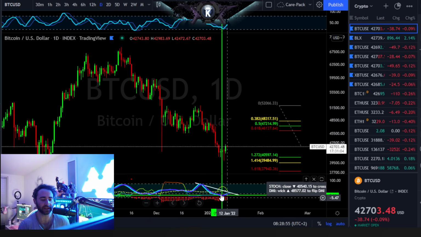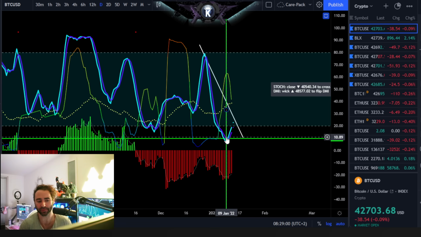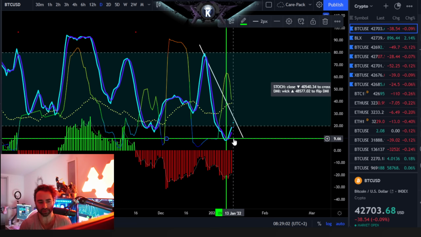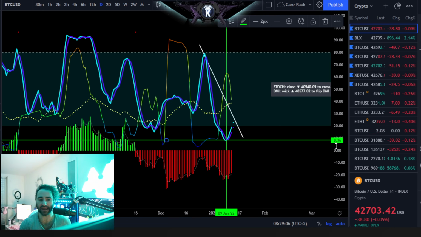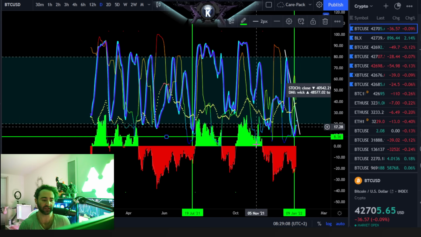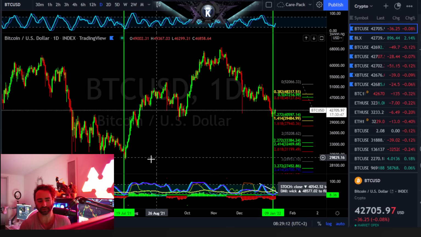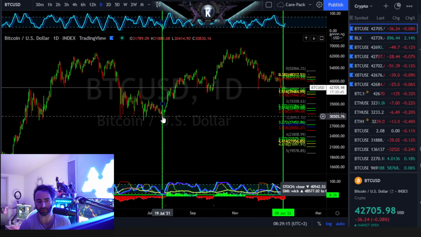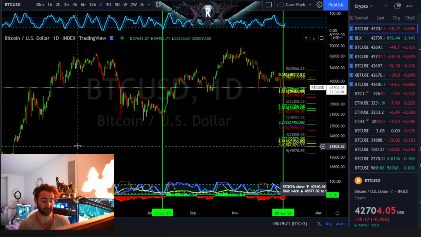And if we do go through the analysis of the daily stochastic momentum as well, I'll just briefly call this out. Anytime that we have gotten all the way down to this green horizontal line right here, which I'm going to adjust exactly to the current low at 8.36, that has been some pretty nice bounces at minimum, sometimes even your last macro cycle lows. In fact, the last time we saw this level hit was on the July bear trap over the summer, of course, before going from 30,000 to basically 69,000 bucks.